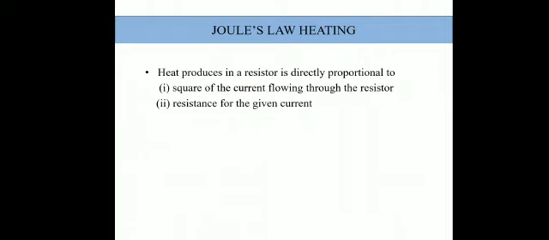That means the resistance, how much resistance is there. If the resistor is of 10 ohms, less heat will be dissipated or produced, and if the resistor is of 100 ohm, then obviously it will produce more heat. So it also depends on capital R, the resistance of the wire for the given current. If we are producing less current, the heat will be obviously little lesser. Fine. Then the third one is time.